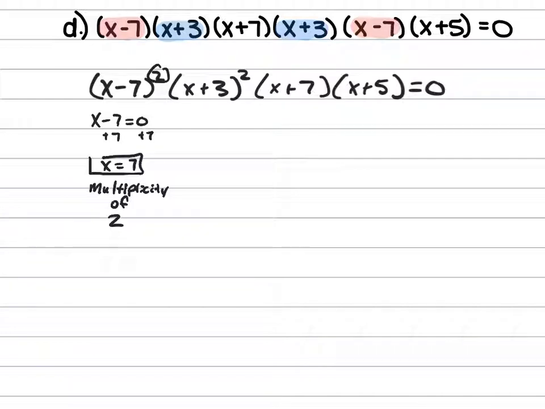All right? And then you do x plus 3 is equal to 0. Then you just subtract 3 on both sides. And you get x is equal to negative 3. And then that also has a multiplicity of 2. So it'll touch the x-axis on